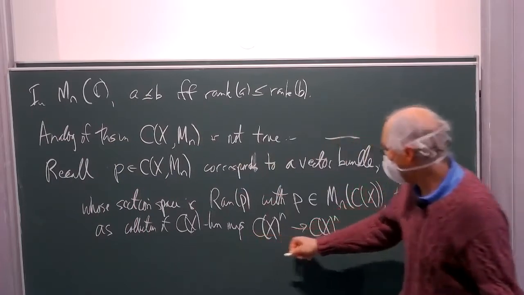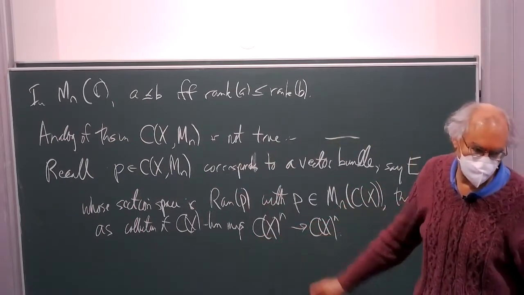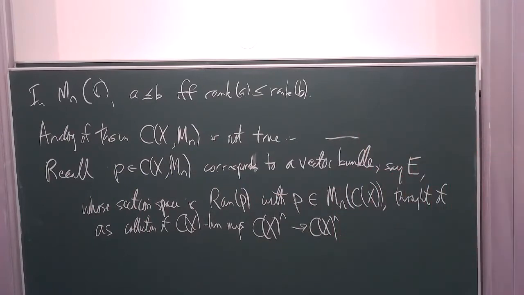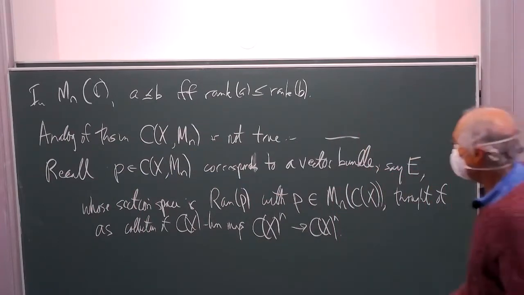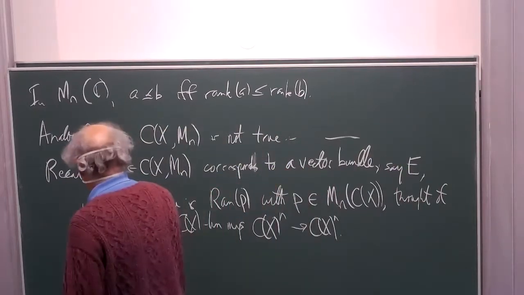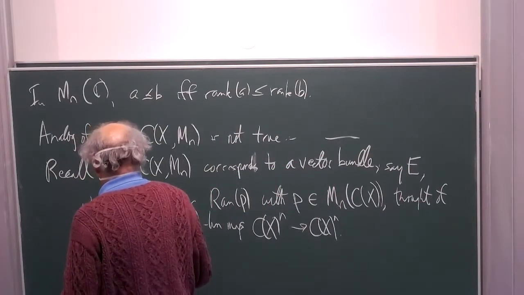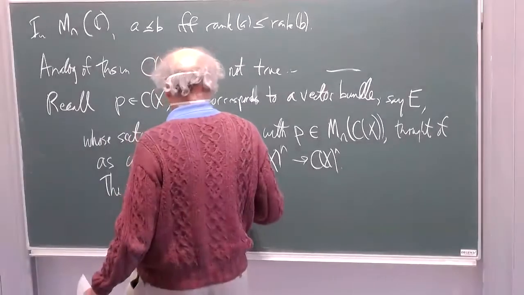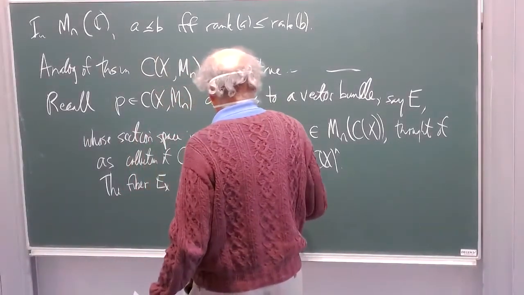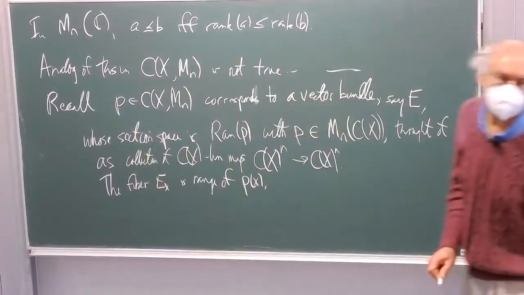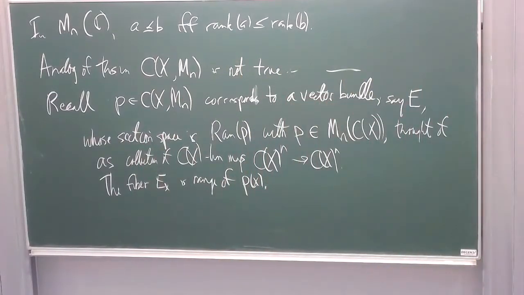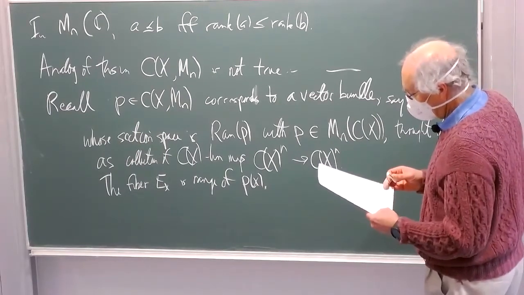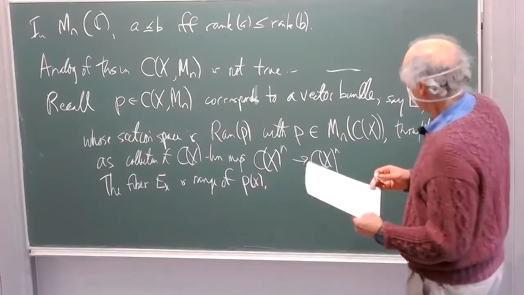I'm taking it to be a right C of X module, and so I'm looking at C of X module homomorphisms. And the fiber E of X is the range of P of X. So just to put that properly in context. And so then